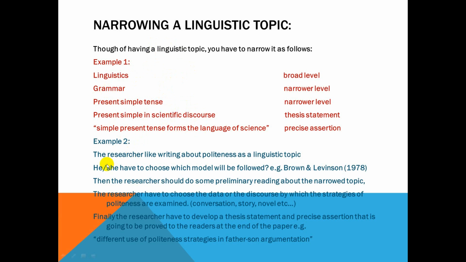Okay. What is your assertion? What is the thing that you assert, that you are very proud of presenting, that you trust, and that you know you will prove? This is it: the simple present tense forms the language of science. So the language of science depends in its writing, in its texts, on the simple present tense. Why? Because if you make your preliminary reading, one of the points that explain the simple present tense is